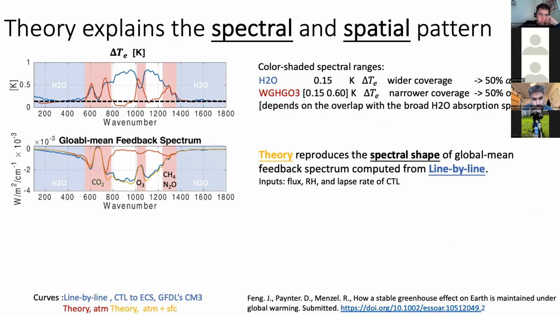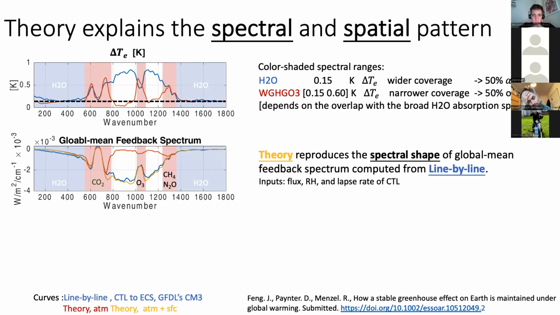A more complex model is presented here in our preprint to account for the overlap between different gases in the realistic atmosphere. The top panel shows the actual minus temperature changes in OLR with 4 Kelvin of ECS warming in the blue curve. And the red curve shows a theoretically derived delta T sub B caused by the atmospheric emission changes during the process, and overlaps with the blue curve very well in the absorption channels. And in strong absorption channels of water vapor, you can see that delta T sub B is indeed 0.15 Kelvin, which I marked with the black dashed line.